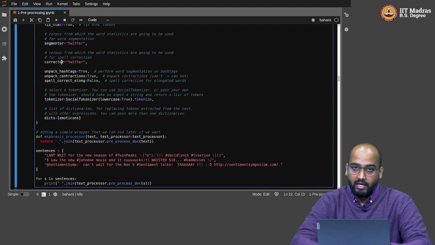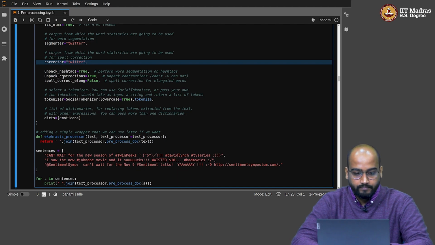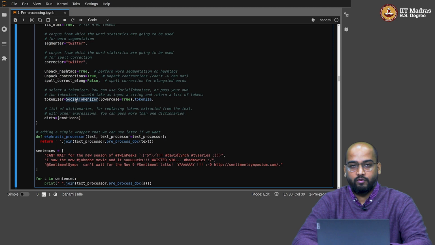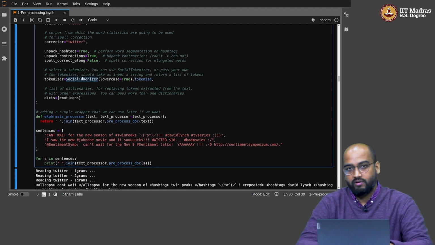You can correct the spellings, right? On social media data, it's a very common thing that the spellings are not always correct, right? So you might want to handle that. And you can also mention which type of tokenizer you want to use. You can use a tokenizer that this library offers. You can also replace it with the NLTK word tokenizer, and this would work the same,